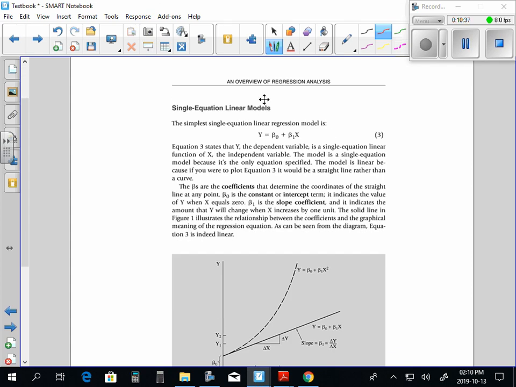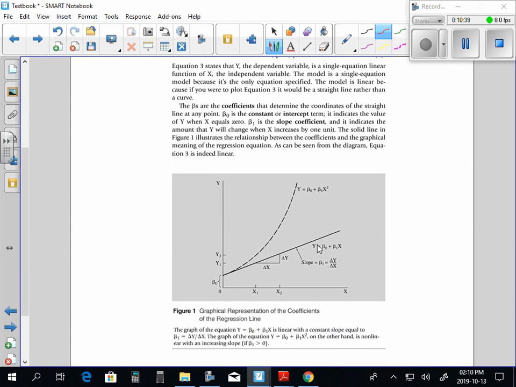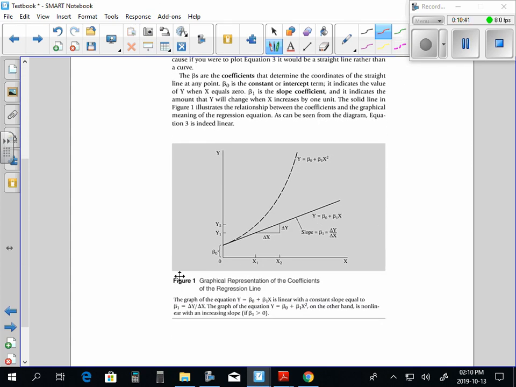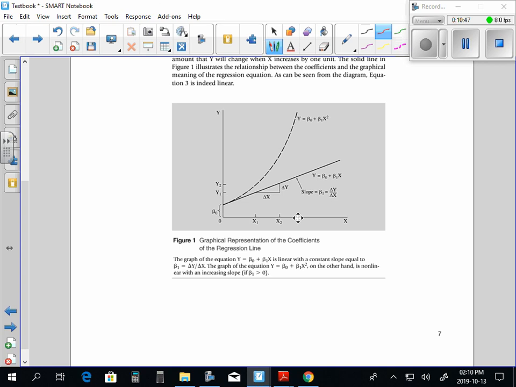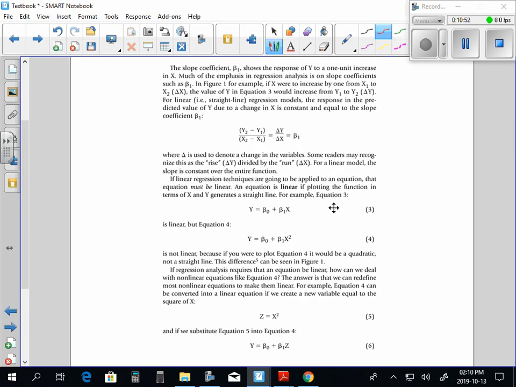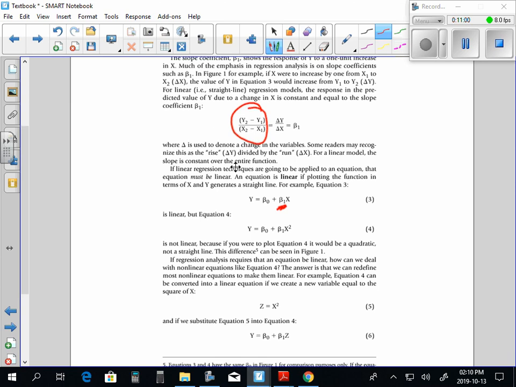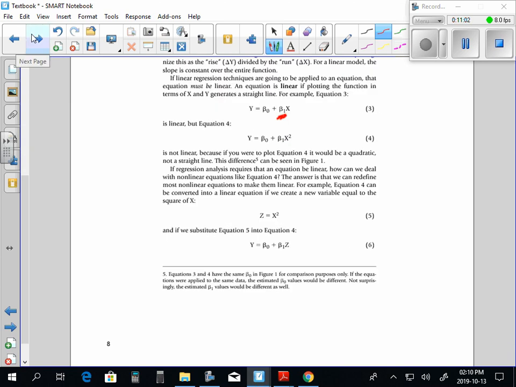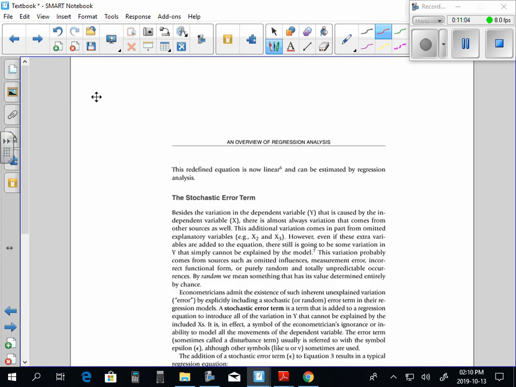Seeing the equation, linear models, that's the one. And what does it look like if it is a linear model? A straight line. Otherwise, if it's like this, it's a polynomial or a quadratic equation. It is a different functional form from a linear one. The slope of a particular equation is represented by beta 1. In this case, that is our beta 1. It is always calculated as your change in y over change in x, where you separate your x, y2 minus y1